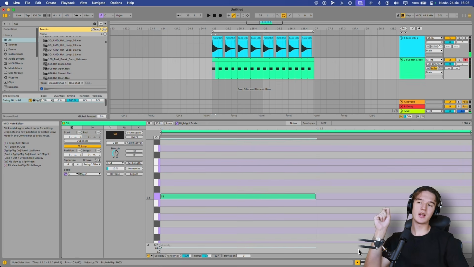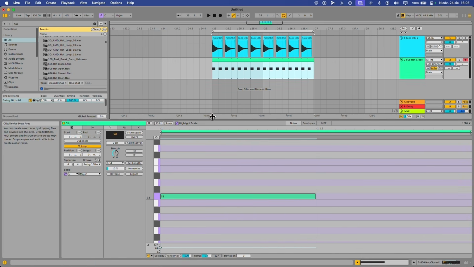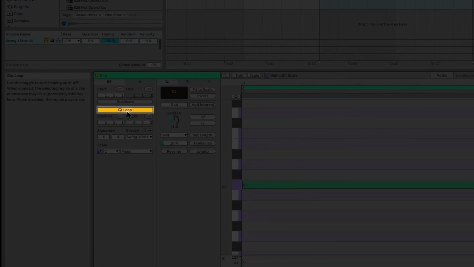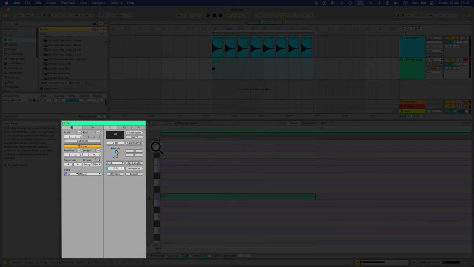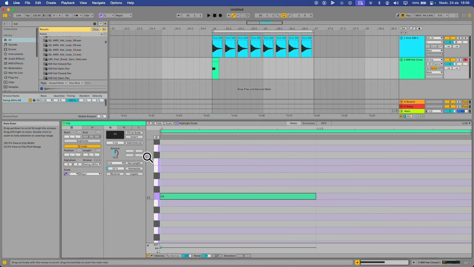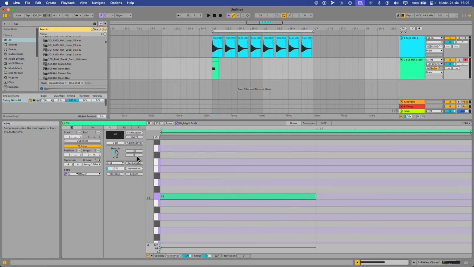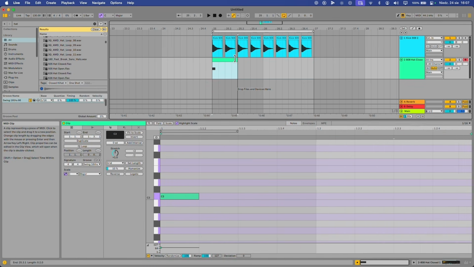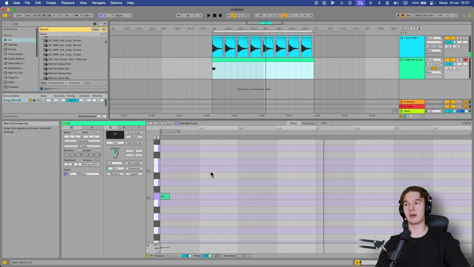See, I only put one note down, but it filled up the entire pattern. That's because loop mode is turned on right here. This is a setting you're gonna find in this menu on the left, which if you don't see it, you might have to drag the side panel out like this. So if we turn this loop mode off and only then drag out the loop, you'll see that it doesn't repeat anymore. I did want it to repeat though, so